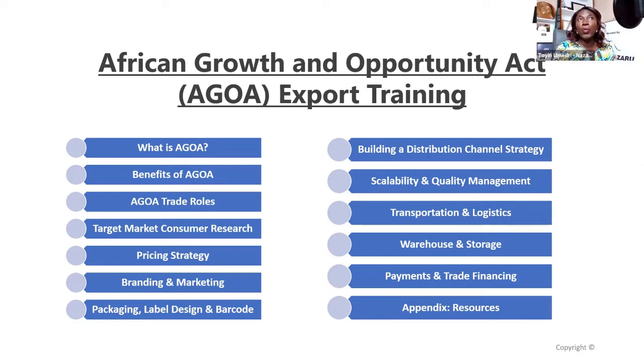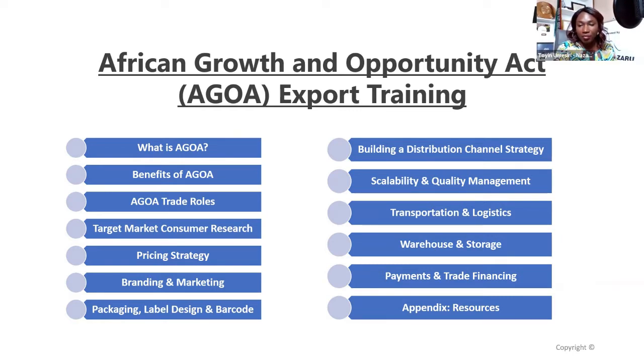The more you grow your international business, payments and trade financing becomes a major topic. By itself, it's actually a topic that can fill a 3-hour session. Trade financing is huge because if you want to play big and you don't have the financing, it actually cripples how big you can get in the international space. So that's something we want to cover today as well.